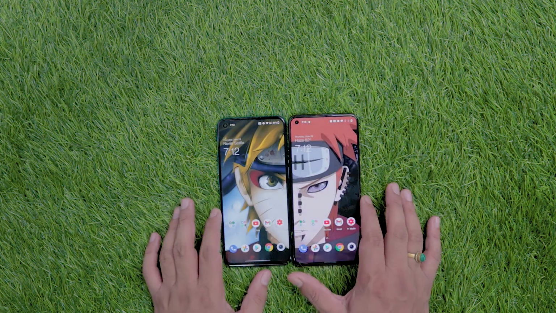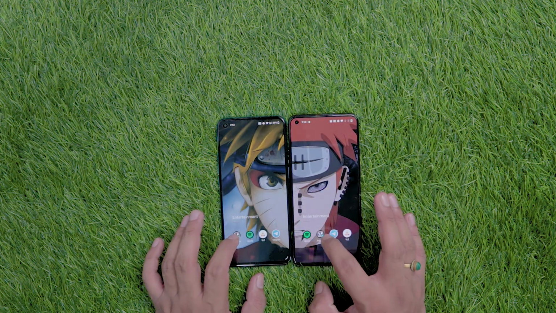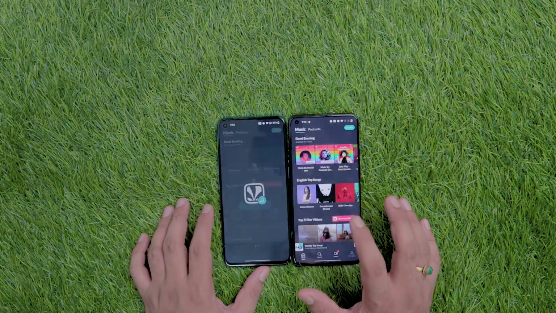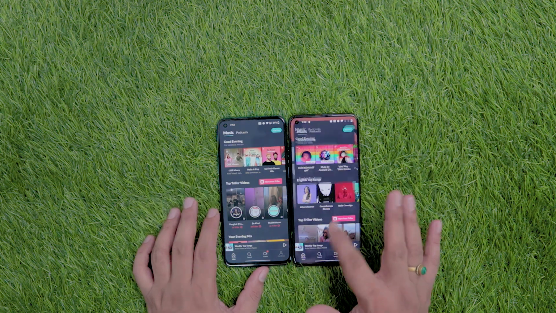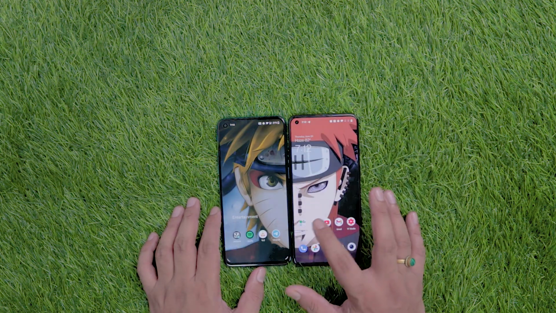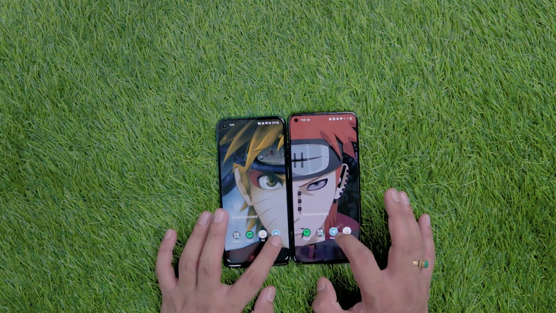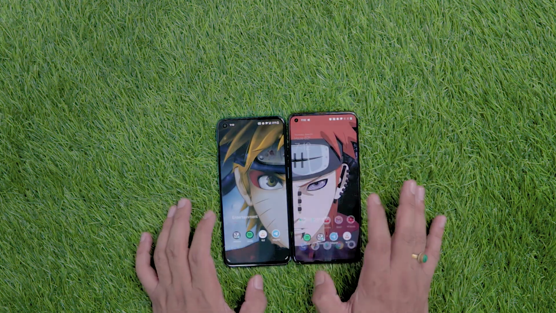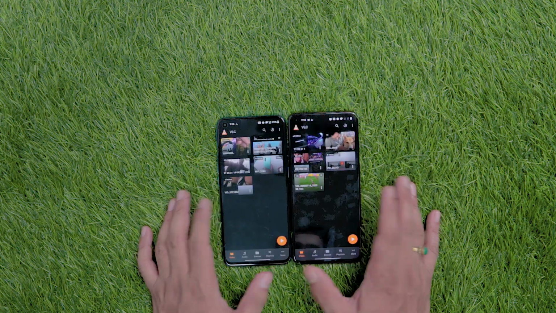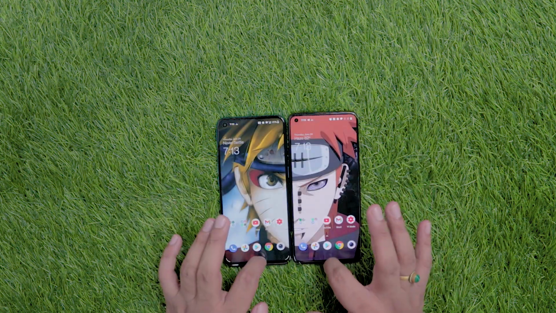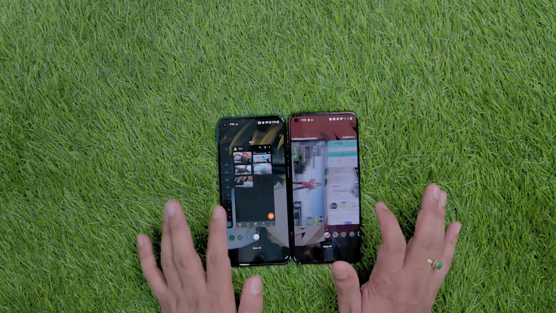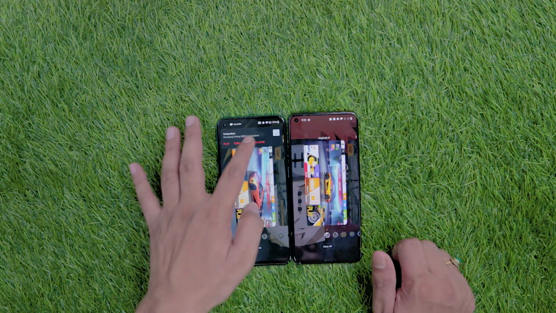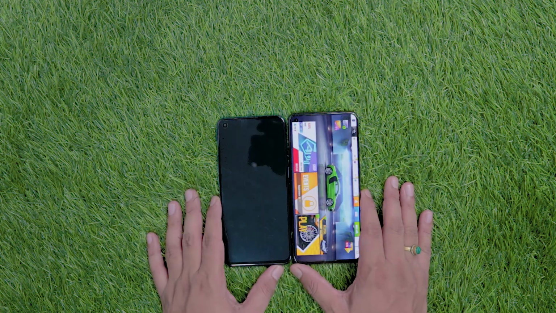And now let's see JioSaavn application. And again reloaded by both the phones, but 9R is definitely faster as compared to the Nord CE. Now let's see Telegram. And yeah, good job by both the phones. And the final application VLC, again they both kept VLC in their memory as well, but definitely 9R is slightly ahead in reloading the apps or in keeping the apps in memory.